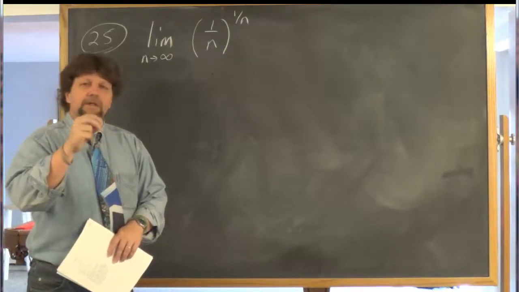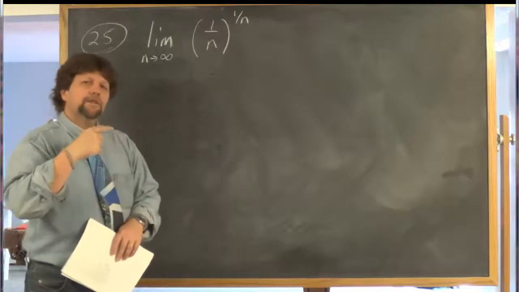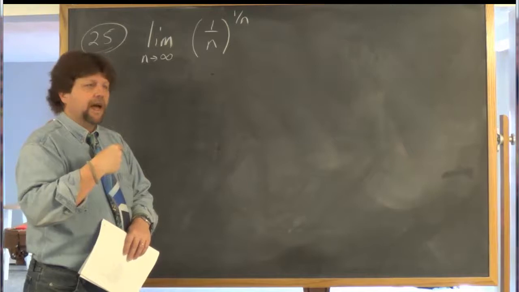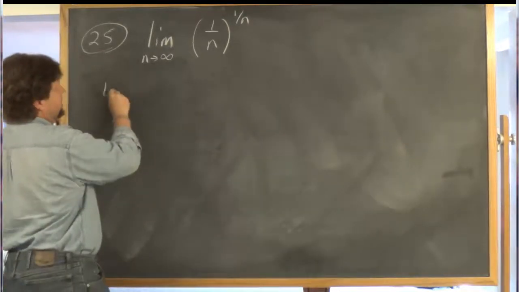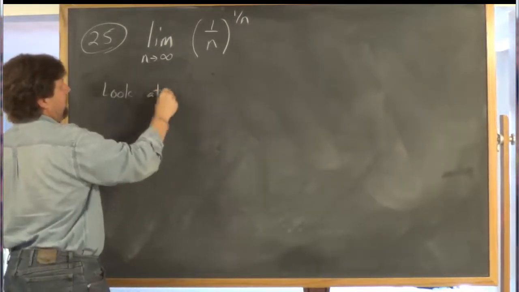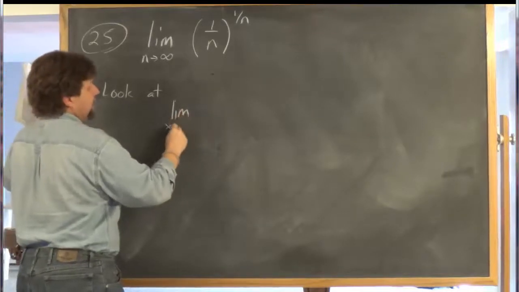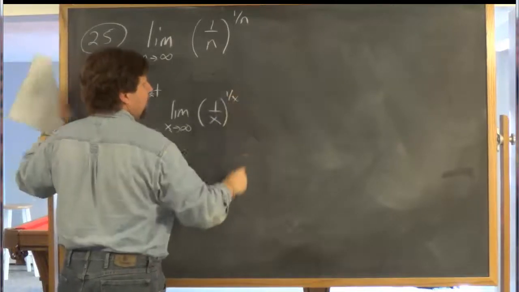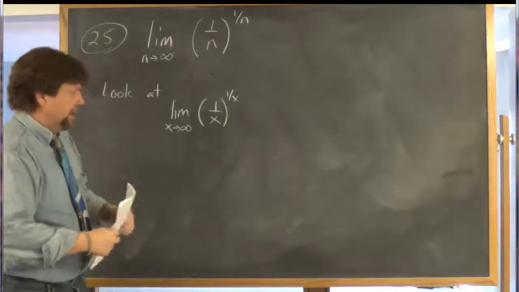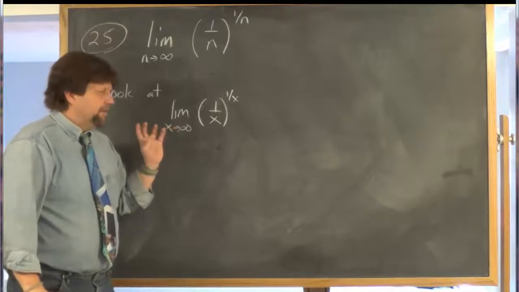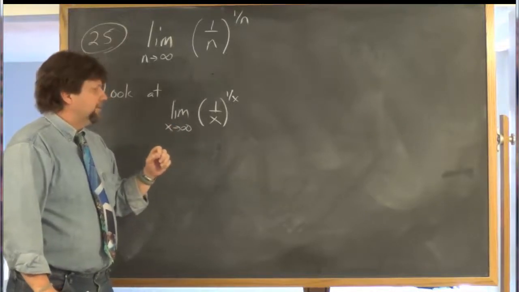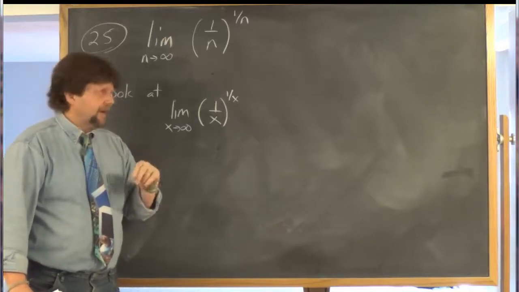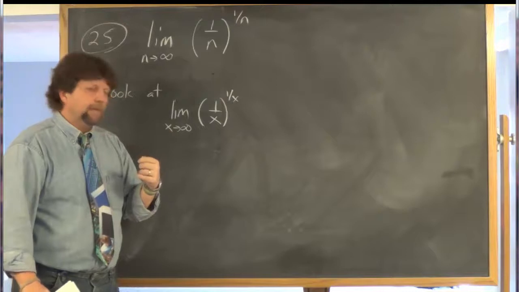And because of that, I'm going to say let's turn this into the continuous variable case. And let's look at this limit: the limit as x goes to infinity of 1 over x raised to the 1 over x power. Now, if you remember what we did back in Calc 1 to determine that the limit as x goes to infinity of 1 plus 1 over x raised to the x power was equal to e,